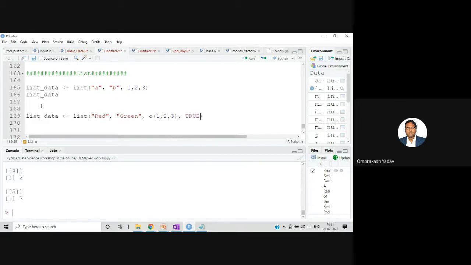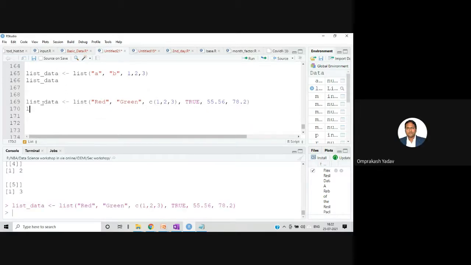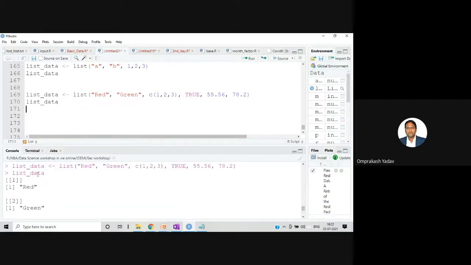Let's store one logical value too, and then some other values like this. See here, a combination of mixed data. I executed it. Let's print this. So it has printed all the values. So it's possible even within a list to store one more list. We have stored the numeric vector itself, and we can store the character vector. So list is very versatile, right? All kinds of data we can accumulate in the list, and we can represent it with one single object.